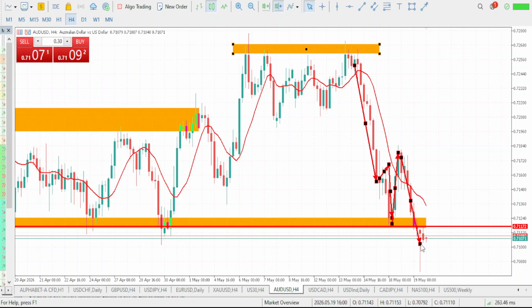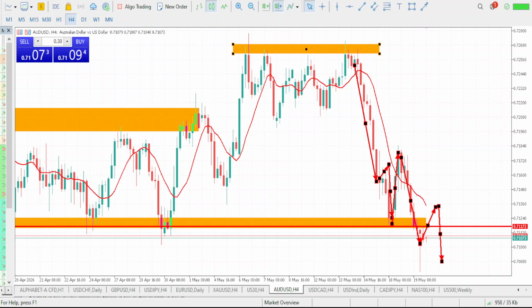So if you want to go and do anything on this AUDUSD, you want your pullback to play out. After the pullback plays out, then you can start looking for another sell that will eventually drop to give us a new lower low. So a bearish move is what we should be expecting on our AUDUSD.